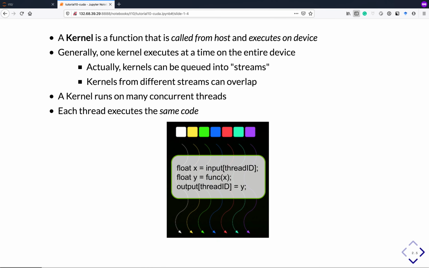So CUDA kernels. A kernel is the terminology that's used in CUDA to specify a function that is called from the host, again, the CPU, and it executes on the device or the GPU. Okay. So generally, you execute one kernel at a time. This is not exactly accurate. It's possible to actually execute more, but you can think about it as if they are executing one at a time. It's an easier mental model,